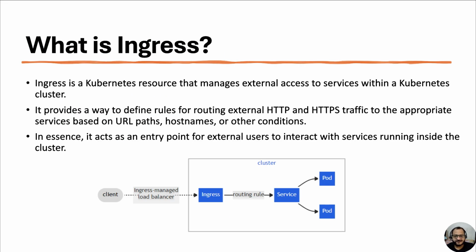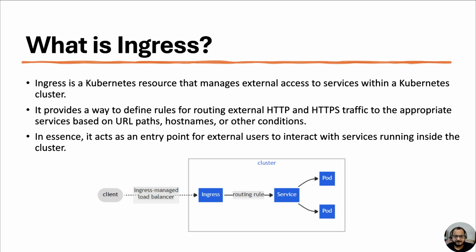Ingress is a Kubernetes resource that manages external access to services within a Kubernetes cluster. Basically, Ingress is a plan under which we define what needs to be done. And the Ingress controller performs or executes the task we define inside the Ingress. If we only specify Ingress, then there is no use of Ingress resources. To execute the task which we define inside the Ingress, we need an Ingress